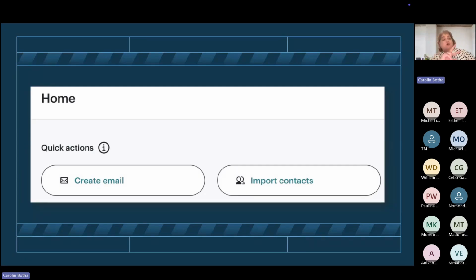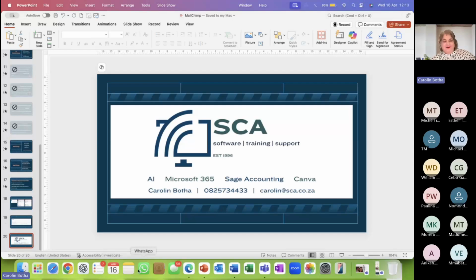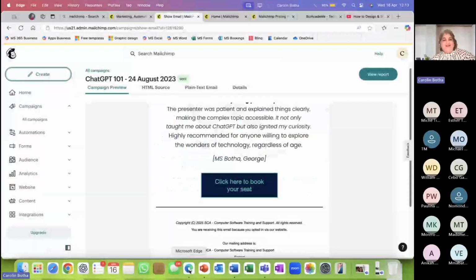You can export from both and import it here. You do not have to add them. We don't have time to waste. So rather go and make use of the import-export function in wherever your database is. Right. So now let's go and look at MailChimp.